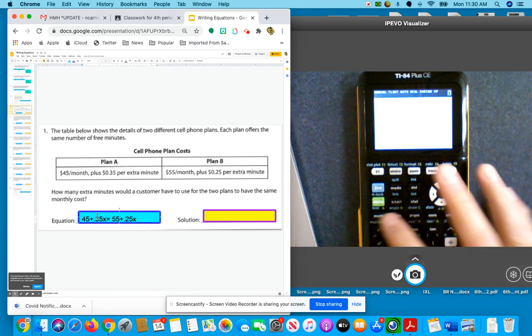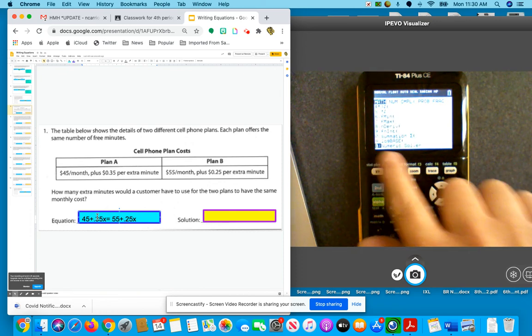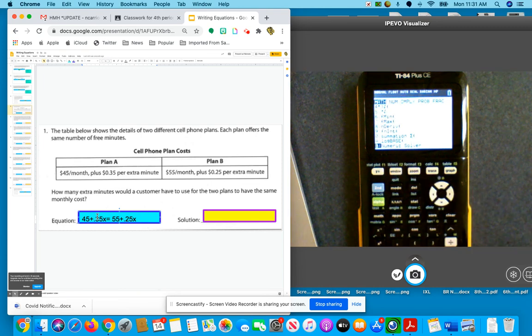Okay. You're going to go to math and you're going to go to the very last option. Okay. It looks like it said B, numeric solver, and I'm going to press enter. Okay. And I'm going to type the first expression that they gave us. Looks like I'm going to type in 45 plus, I'm going to zoom in,